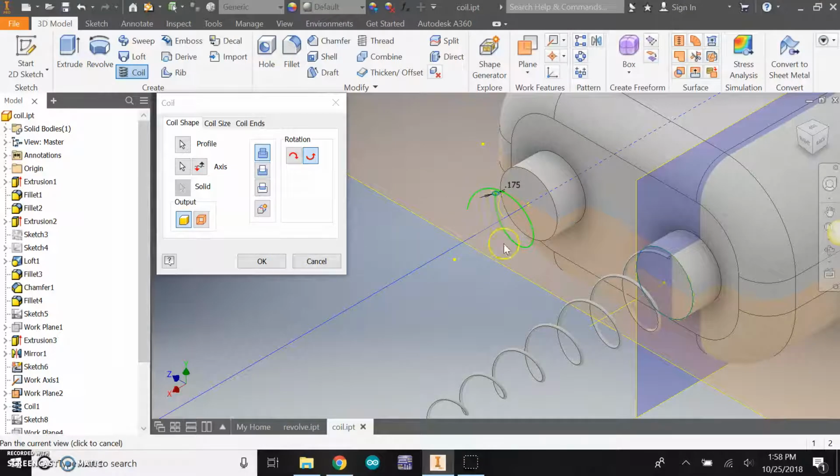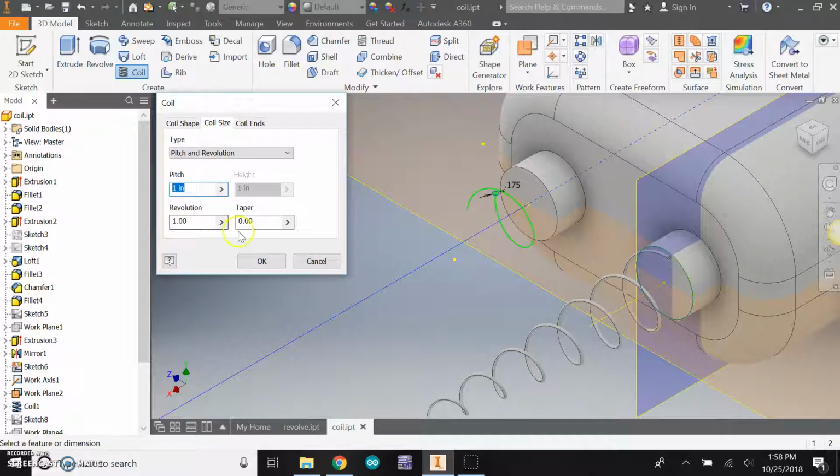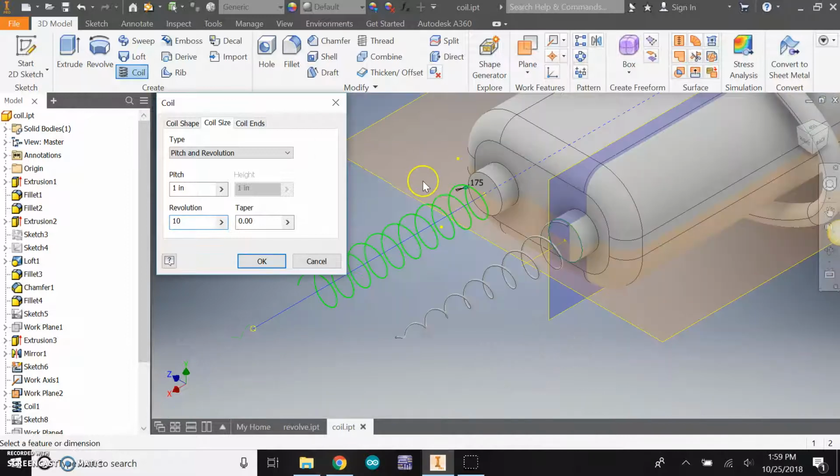This doesn't look very good so far, so now I need to go into the coil size, and there are a lot of options we have. First of all, a pitch is how far apart the coils are. I'm going to go ahead and change the revolutions first. This tells you how many coils to have, so I'm going to try 10. I think I did 8 on the other side, so maybe I'll go back to, now it's doing 108, so I'll do 8. And then the pitch is how far apart, like how tightly